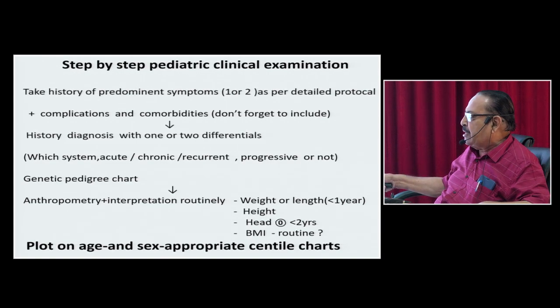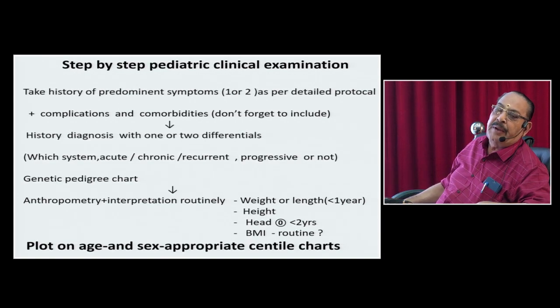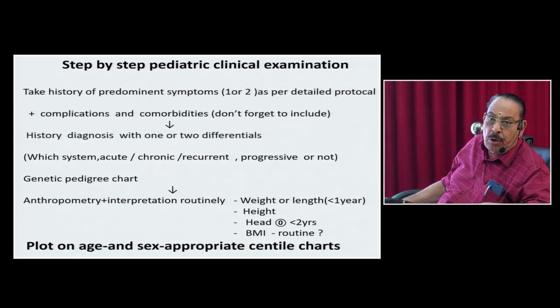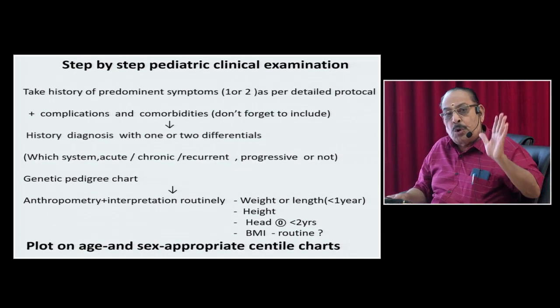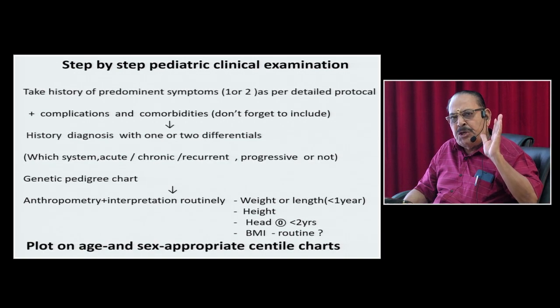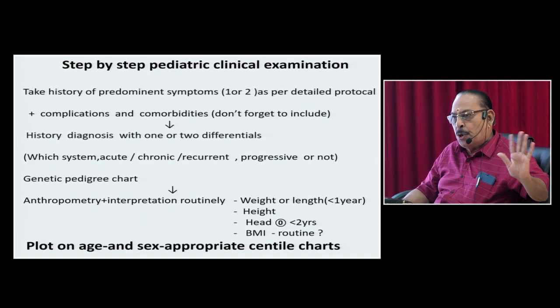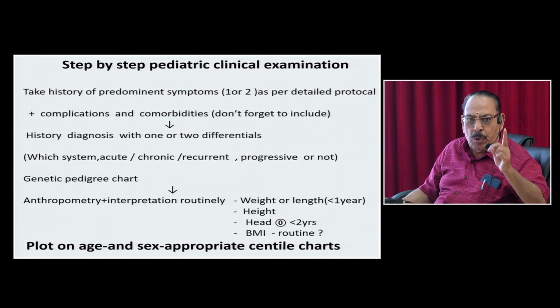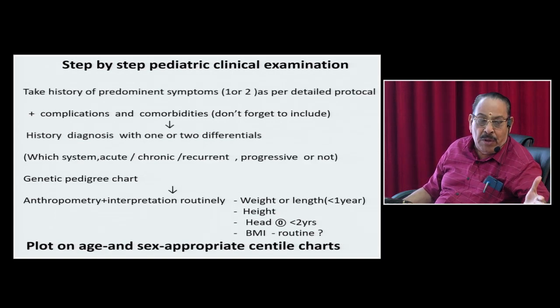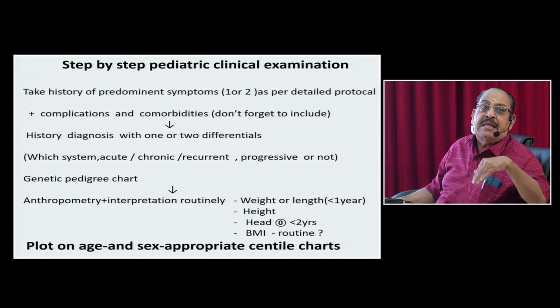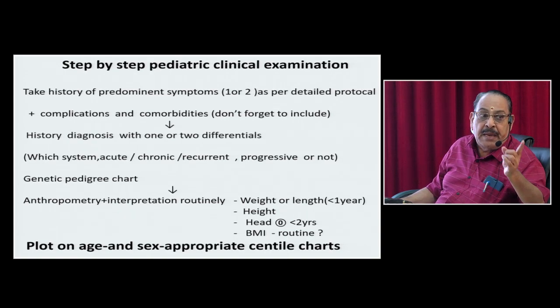Anthropometry and interpretation is very, very important. I have seen people give height, weight, but they are not able to interpret it. Interpretation does not mean answering the question or telling the examiner. You have to show it to the examiner. I am very sure most of you would not have practiced a growth chart. Growth chart is part of your OP diagnosis. There itself you need to make a diagnosis. The fellow is undernourished, overweight, short stature, anything different, anything syndromic, all those things you must be able to put.